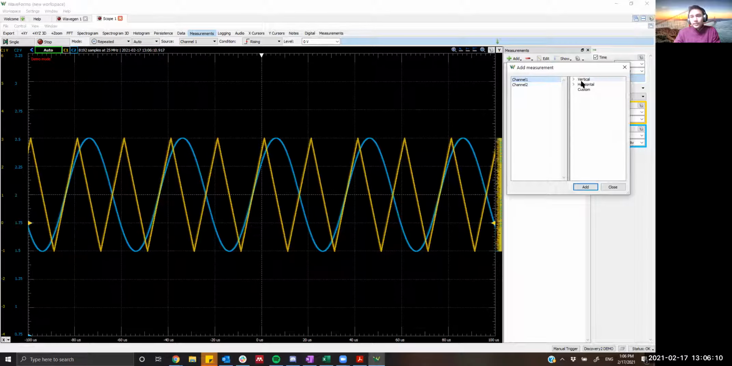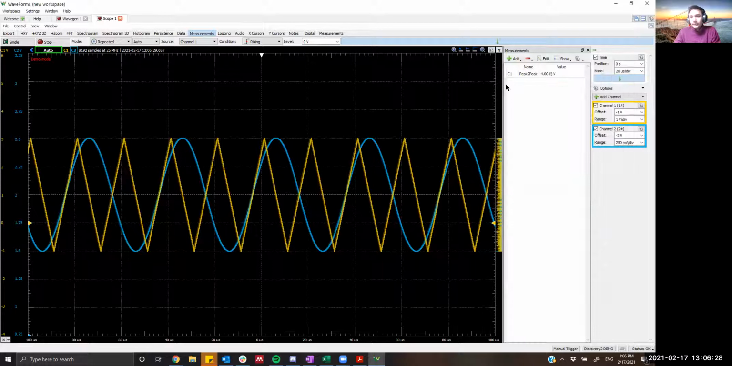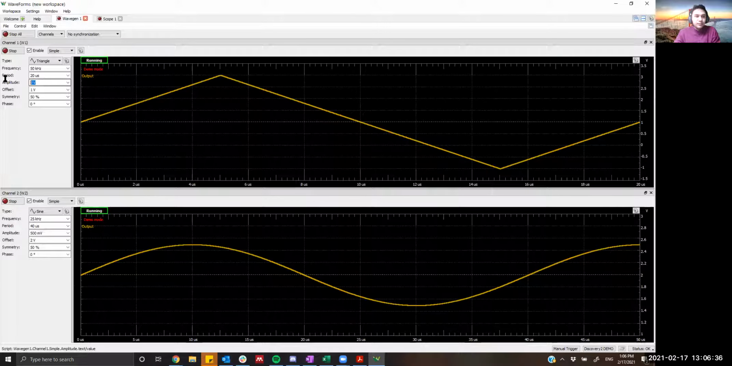On channel 1, let's say I want to measure the amplitude of the signal. I'll click on vertical because it's a vertical measurement. Now I'll click amplitude. Let me actually measure the peak-to-peak voltage. Click on add, and your peak-to-peak is being measured at 4 volts. Now, is that correct? On channel 1, I created a 2 volt amplitude, so the peak-to-peak is 4 volts,